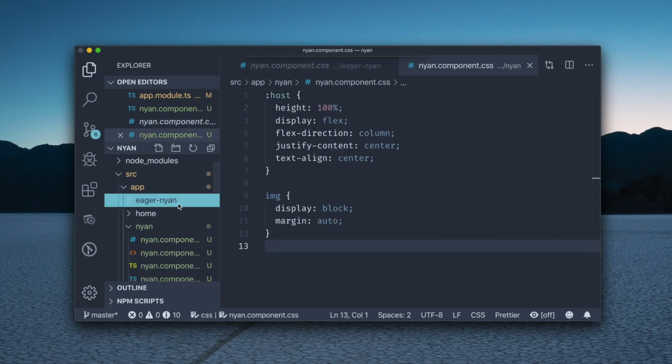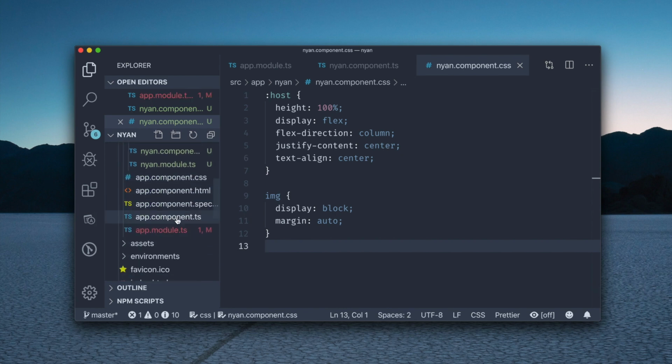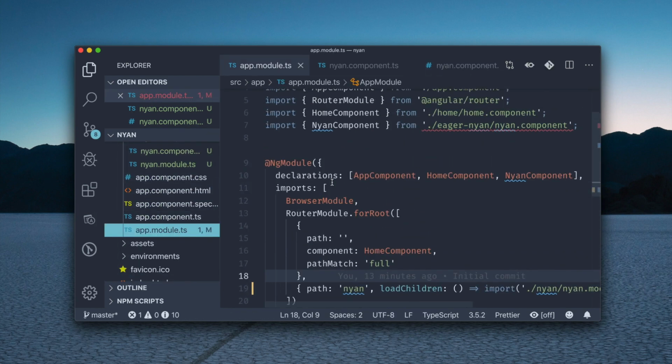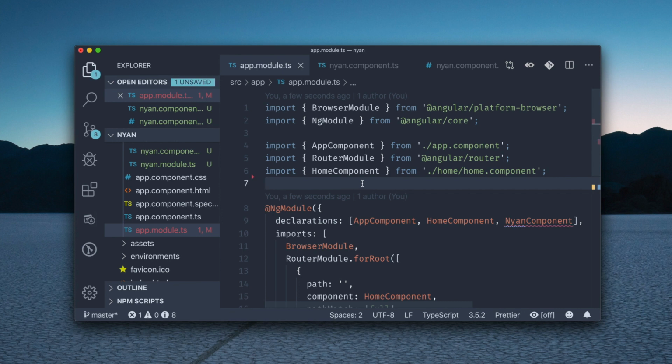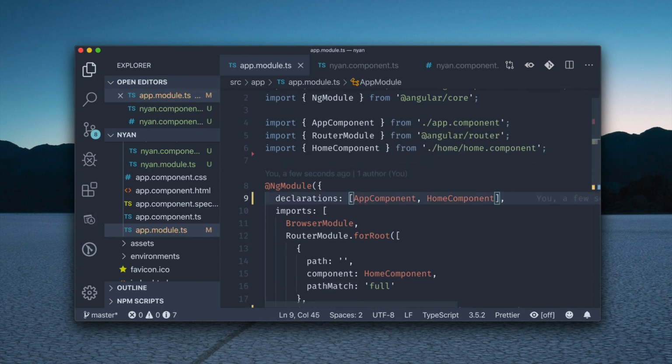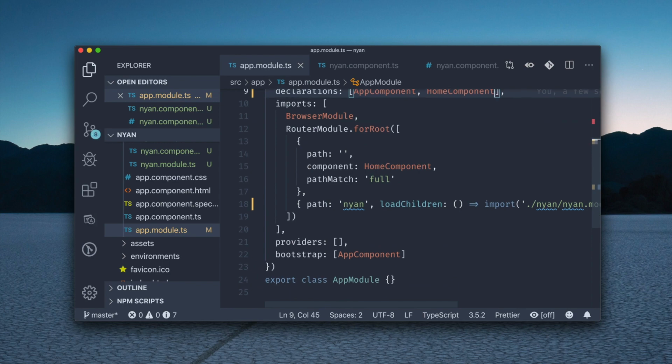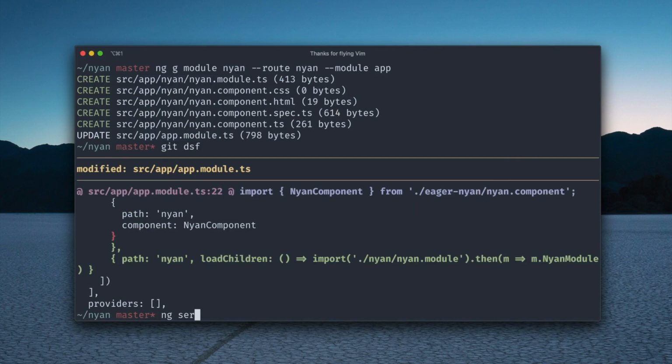Now we can remove the old Nyan component. Let us go back to the app module and remove the reference to the component that we just removed. Now after we save, to see the changes that we introduced, we can type ng serve in the console and open